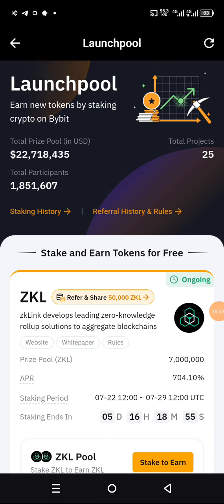Today we're going to stake together. We're going to look for the opportunity on launch pool on Bybit. Okay,